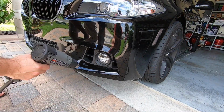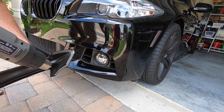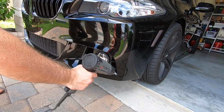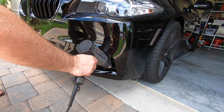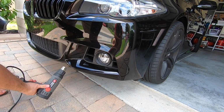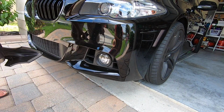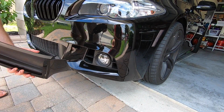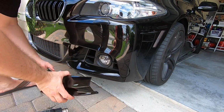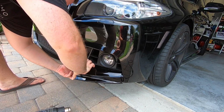All right, and what I'm going to do is just heat up where I know that the tape areas are going to be sticking. So it's essentially right here. I just want to heat that up a little bit. I know that it's going to be sticking all the way across the top and right here. And what'll happen by helping it to stick is if you heat it up, it'll really help the tape. So if you're in a cold environment when you're viewing this video, you just sort of warm that up, because you're going to have essentially one opportunity to get it how you want it,